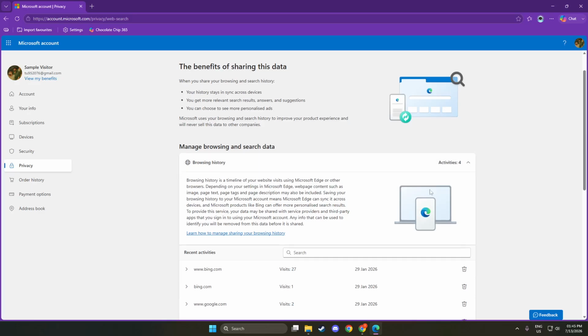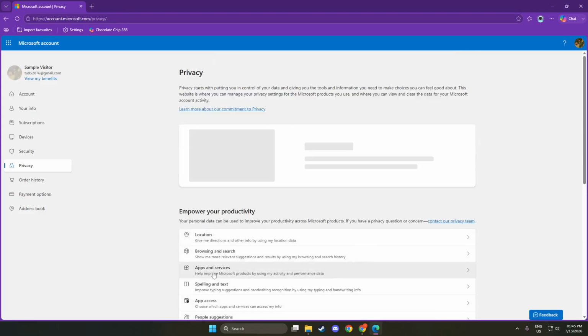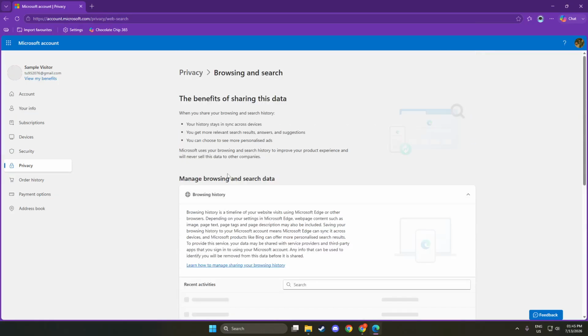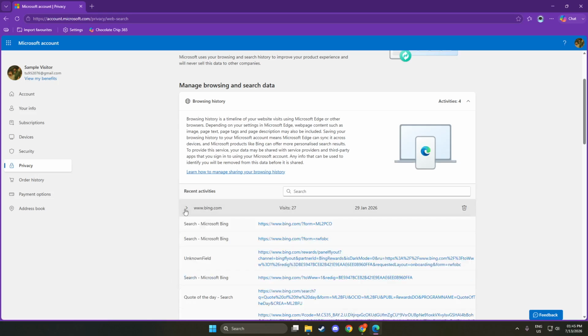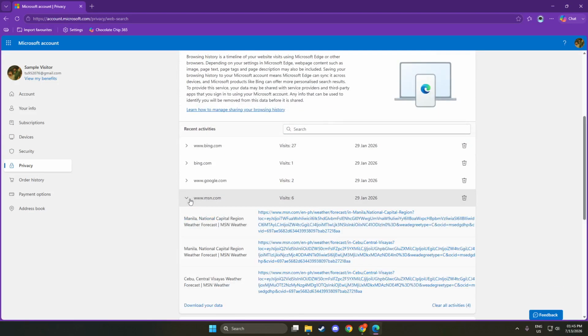As you scroll through your filtered browsing data, take note that you can click on individual entries for more details. When you click on an entry, it will provide additional context such as the full URL of the website. This clarity helps you remember the specific content you visited, which can be beneficial if you are trying to recall information. Remember, being aware of your browsing history can empower you to manage your online privacy more effectively.